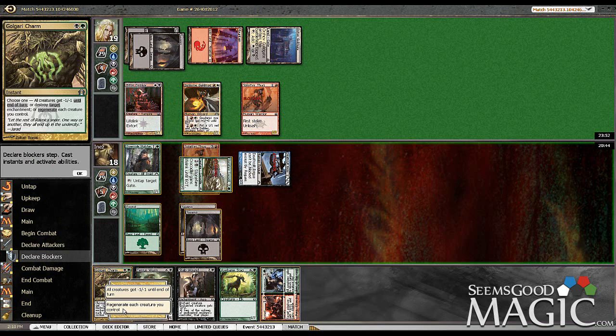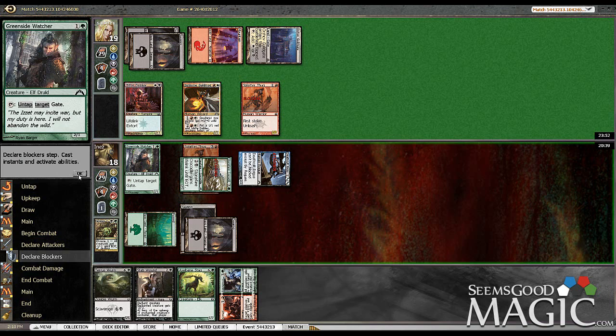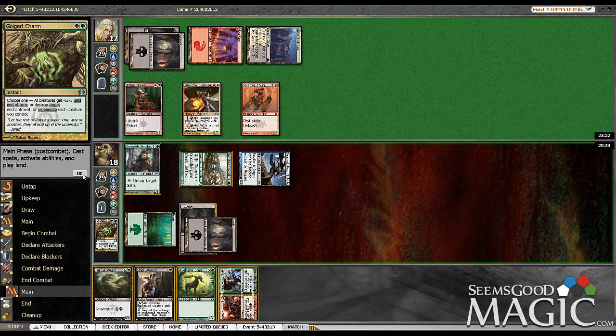And I think this is a Golgari Charm for a Splatter Thug on defense. Feels like a reasonable trade for us, don't you think? Wait. Oh. It's the way. Oh, it removed it from combat. That sucks. Okay. So I just totally misplayed a Golgari Charm,